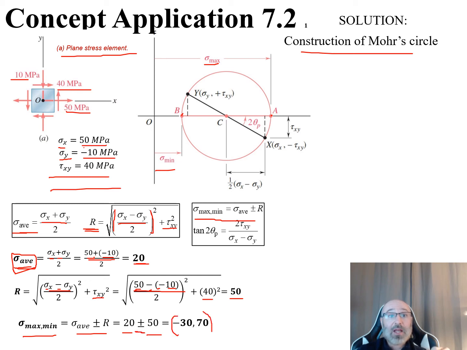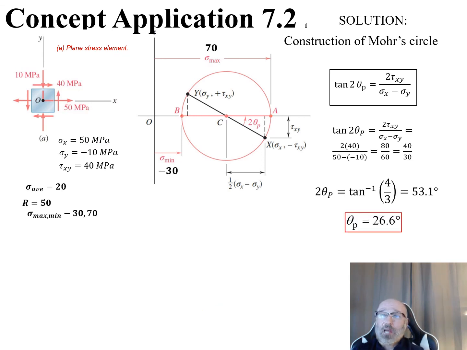So we have a min of 30 and a max of 70 right there, which correspond now to our points B and A on our Mohr circle. So now that we've calculated out our values for our sigma average of 20, our R of 50, and our sigma min and max of negative 30 and 70, let's go back over to our